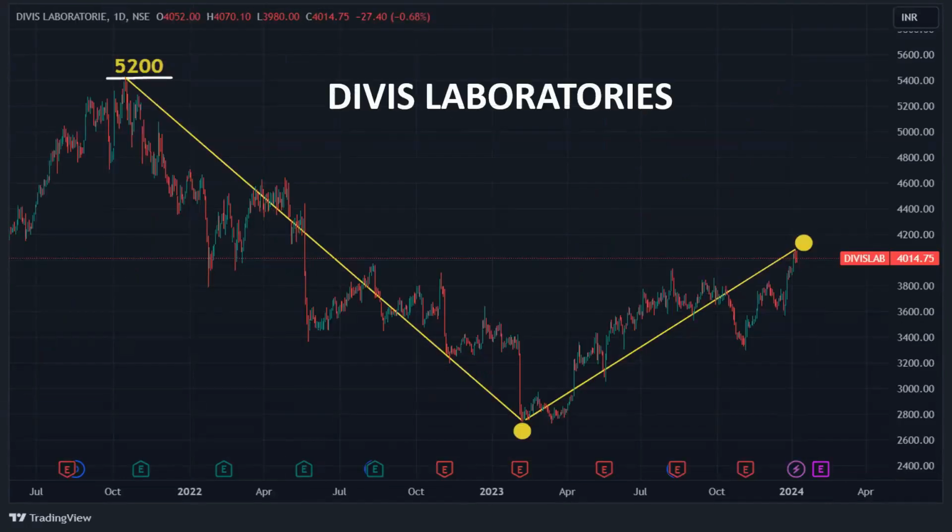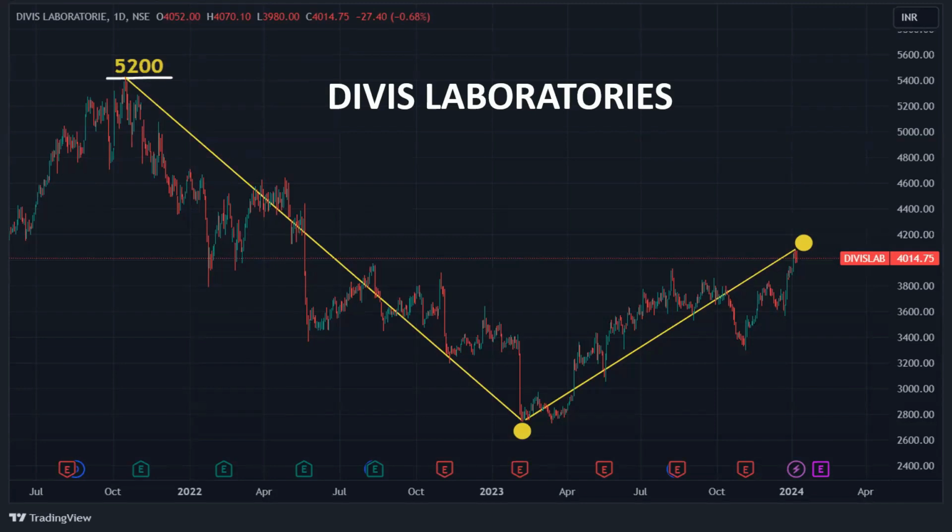Now, Divis Laboratories. During the year 2022, several pharma companies got hit because US business went down and price erosion happened. So all pharma companies got into trouble. When the sector itself is in trouble, sometimes some good companies would also get corrected, no doubt. At that point of time, we need to catch which good company is really getting into trouble, then we'll find it. That company is Divis Laboratories.